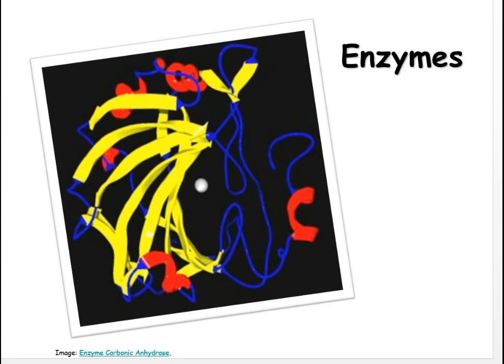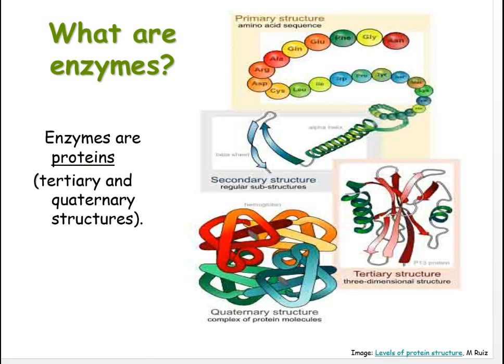So let's talk about enzymes and what enzymes actually do. Enzymes are a type of protein, and remember in the breakdown of proteins, we talked about the 4 levels. There was primary, where it was just the amino acids put together. Secondary was when these guys have little charges on them, and some are hydrophobic, some are hydrophilic. So they start making these shapes, and they either make this spiral shape, which is called an alpha helix, or a zigzag shape, which is called a beta pleated sheet, and it kind of looks like a